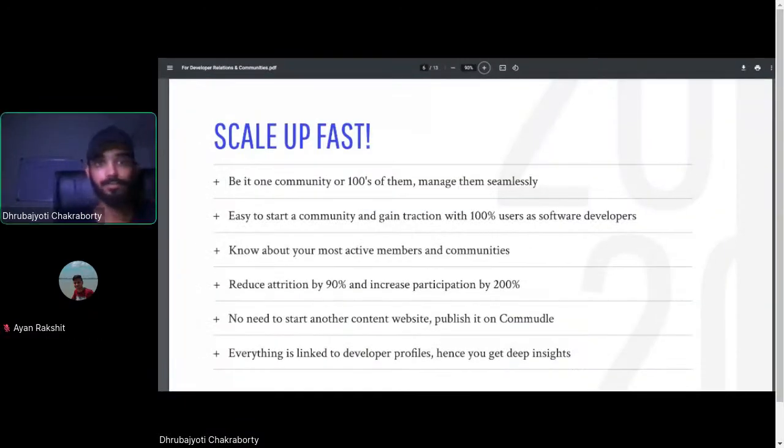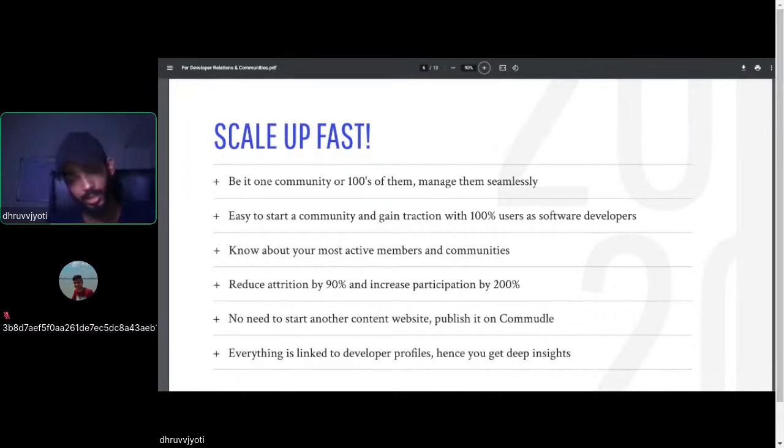Now, again, as a community, I think we are continuously in a competitive race, right? We are always in a struggle to compete with what is the best in the industry right now, right? And to be that, you have to scale up very fast, right? Scaling up communities is very important, and particularly one thing that we believe in Commudle is, we don't want to have 1 billion users. We don't want to have a huge amount of users coming and using Commudle. We want to have that quality amount of people using Commudle, right? That premium audience, and that's our target. So be it one community or be it hundreds of them, manage them seamlessly, right? Of course, to scale communities, that's an added advantage that you have.